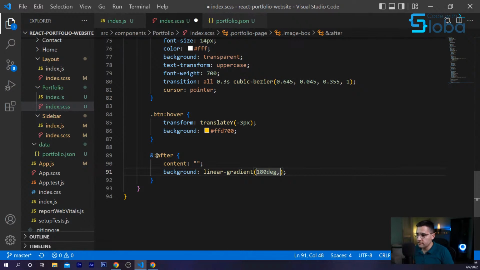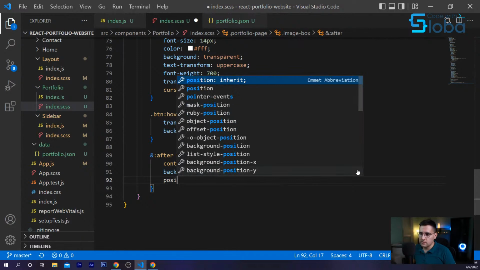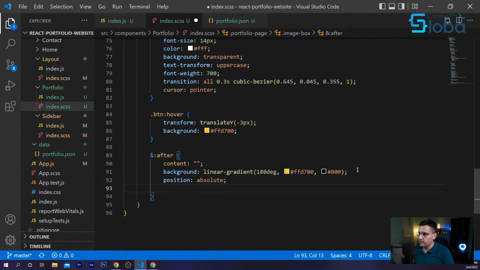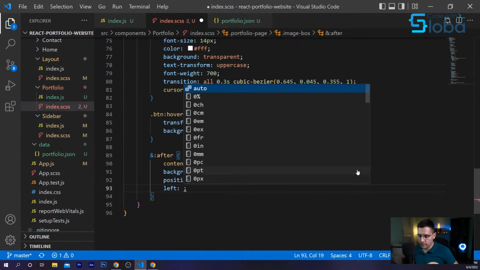180 degrees, the first value. The second value is going to be our yellow color, default yellow color for this theme. And it's going to transition to the black, which is just zeros. We want to position this absolutely. Now let's make it cover the entire image box.